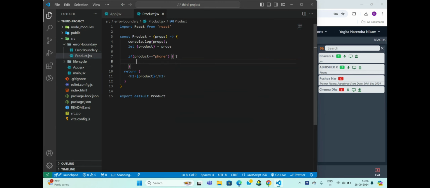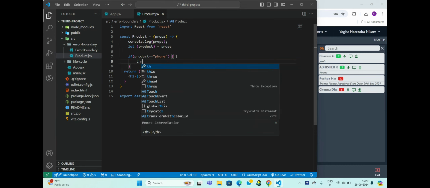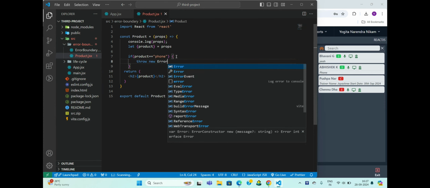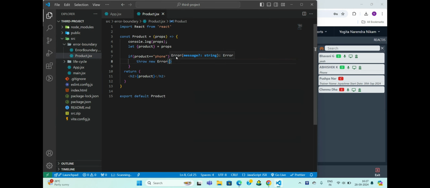So purposely I am giving a condition that if the value of product is phone, at that time I want to throw an error. So how will I throw an error? I will give a keyword throw, then I will use new keyword, and then I will call the Error with a message.